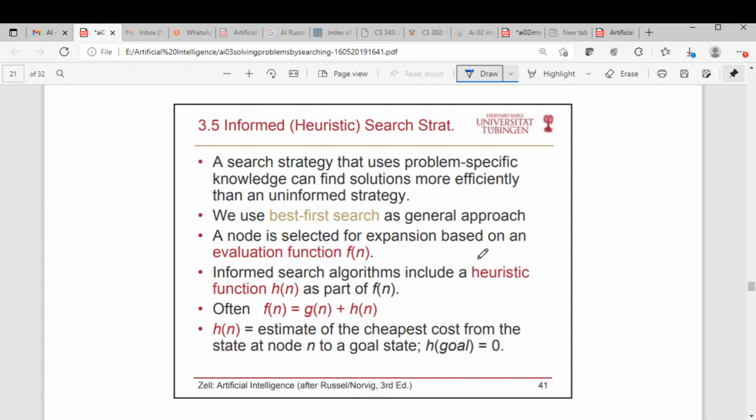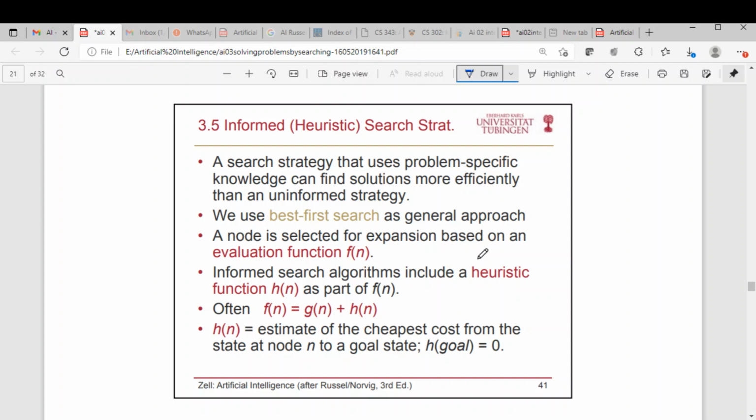Uninformed search techniques are also called blind search. That is, the search does not provide any direction. The algorithm is not guided that you can go this way and probably you will get the optimal solution in this way. There is no guidance for the algorithm. So such algorithms are called uninformed search techniques. But that is not the case with informed search techniques.